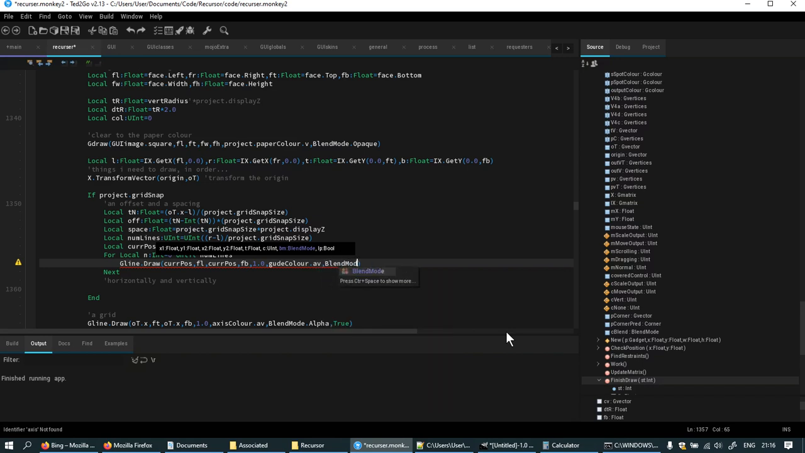Blend, which I'll come back to. It's a whole aspect of drawing in OpenGL I wasn't aware of, but blend mode alpha, and the last pixel will be drawn. That LP component of this is whether or not you want to draw the last pixel. Anyway,